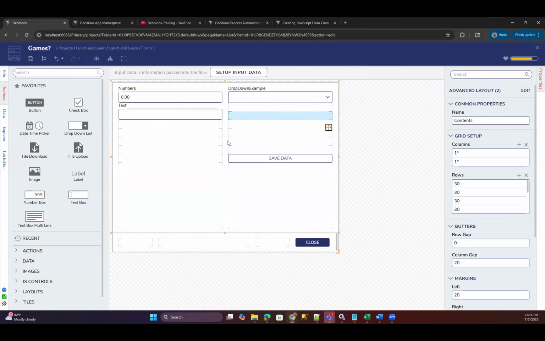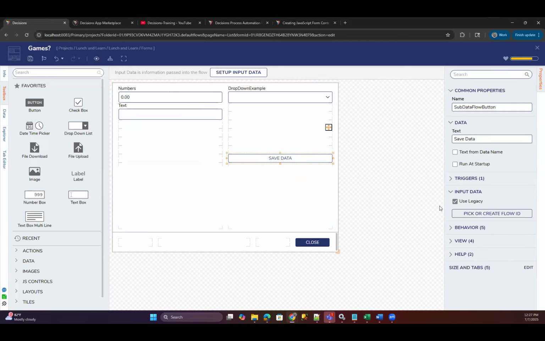It's enough. Okay. So the idea is someone's filling this out, they hit save data, you want to save those 3 things to the database, and then clear those things out so that they can start a new set to save data, right? Correct.